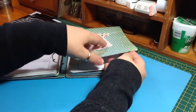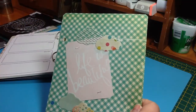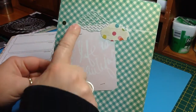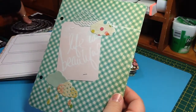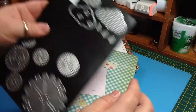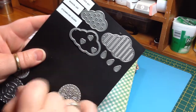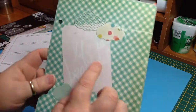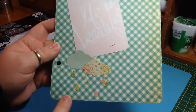The next page is another one of the Project Life cards, and it says Life is Beautiful, and I used the Fancy Cloud set, and it's this one right here. You get the 3 different clouds and then the 3 raindrops and 3 hearts, and I used all of them except for the hearts. So I just cut the clouds out of different pattern papers from the set, and then,